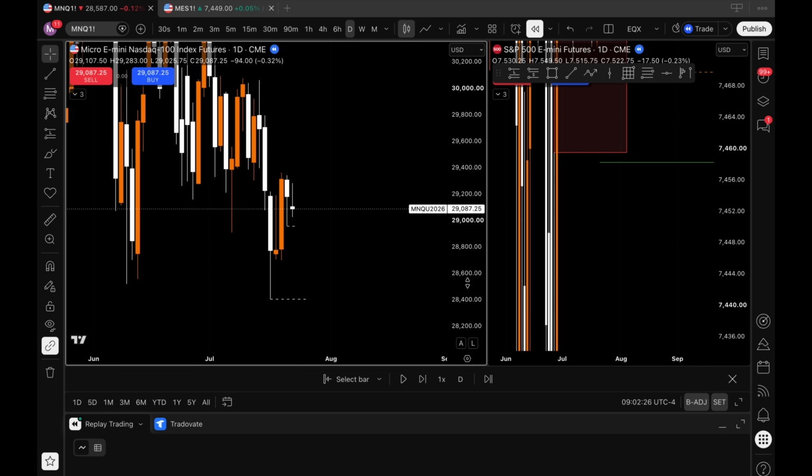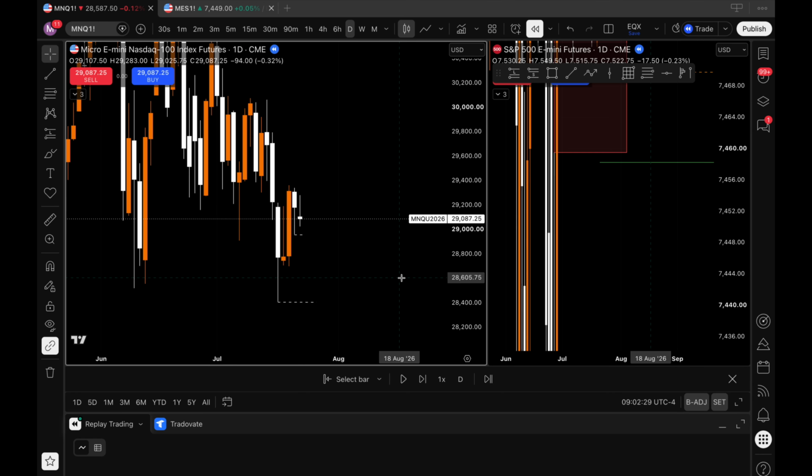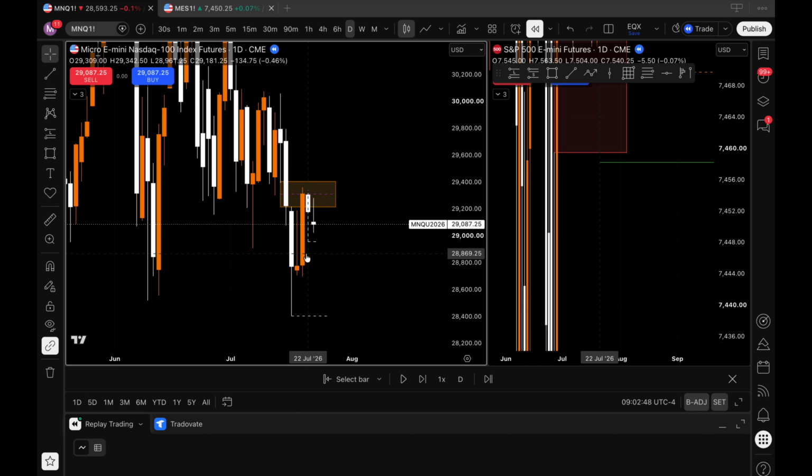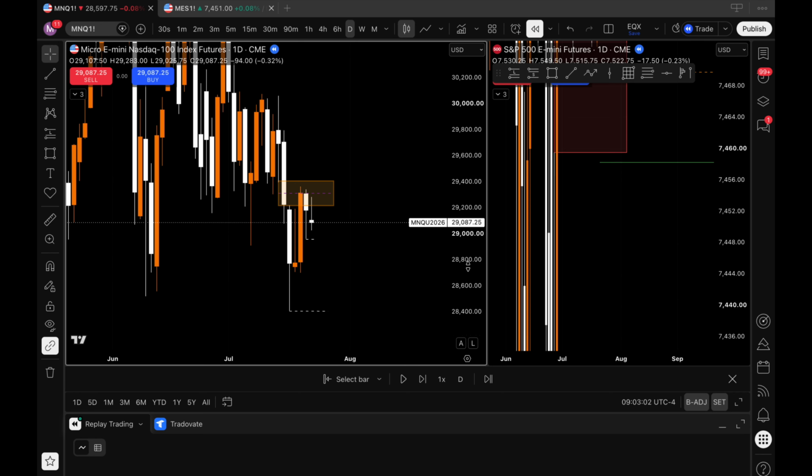Okay, so if we go to the daily time frame, what I first realize is that we have swept sell-side liquidity and we're trading into a daily fair value gap. Now, we have failed to close above this fair value gap, and even though the previous day was an inside bar, we seem to be rejecting the fair value gap. So the previous day was an inside bar, meaning it didn't take the high or the low. So even though my bias is fairly neutral, I'm leaning more to the bears.